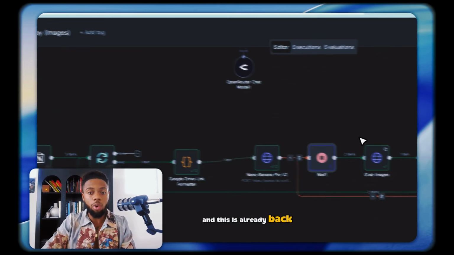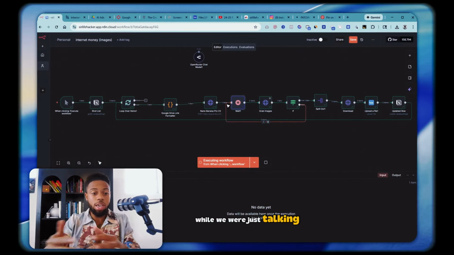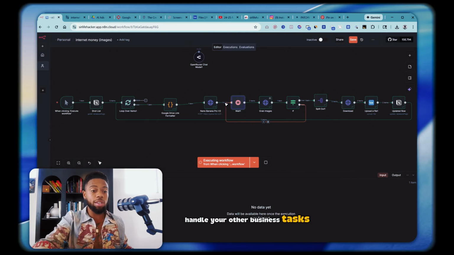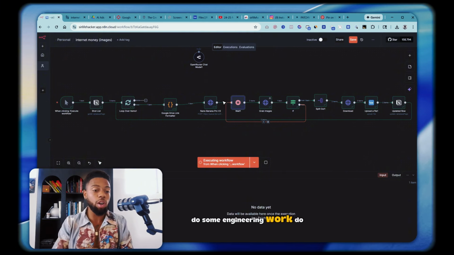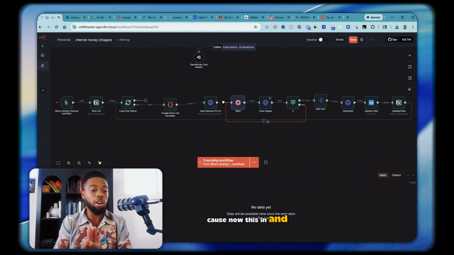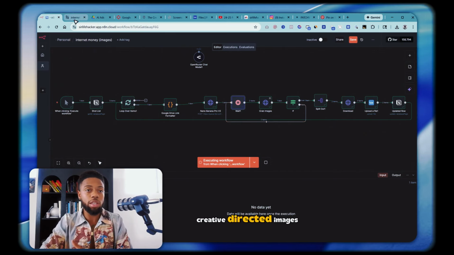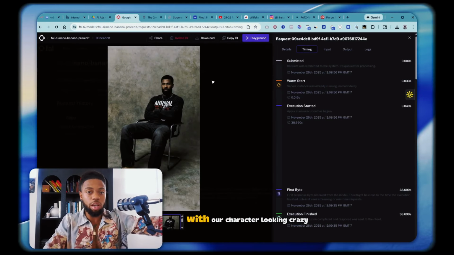And this is already back working. So we already have the next image being generated while we were just talking. So now you can go ahead, handle your other business tasks, do some sales work, do some marketing work, do some engineering work, do whatever you need to do. Because now this N8N automation has you fully covered in generating beautiful, creative directed images, and we already have the next image generated with our character,